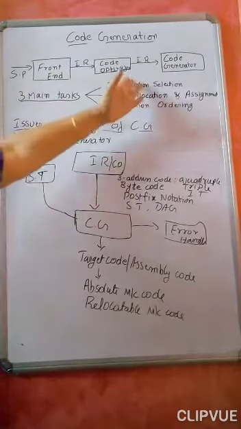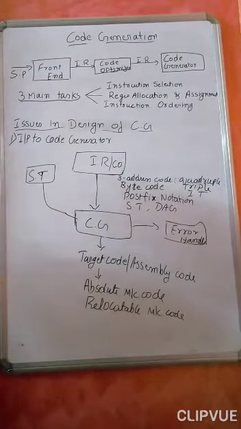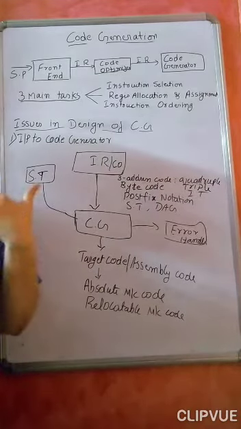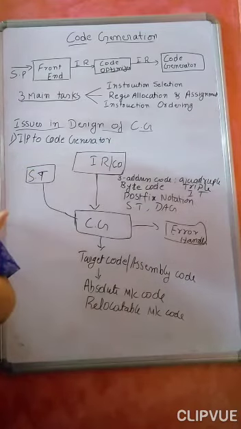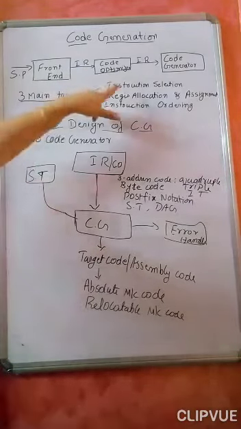As usual, what is instruction selection? It is what type of instructions we select in order to generate the target code or the machine code, and that is very important. How we generate the instructions matters, so that there is no redundancy, and we get code that is ready for faster execution and is efficient. How we select the instructions for generation of the target code is an important one.